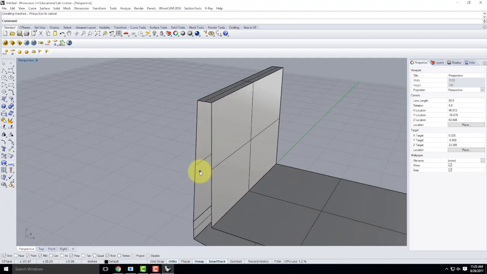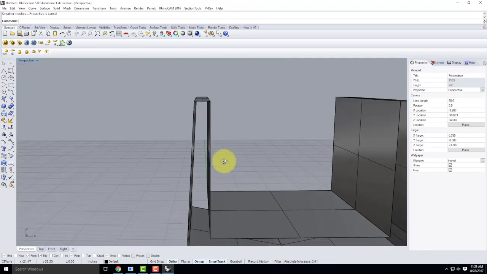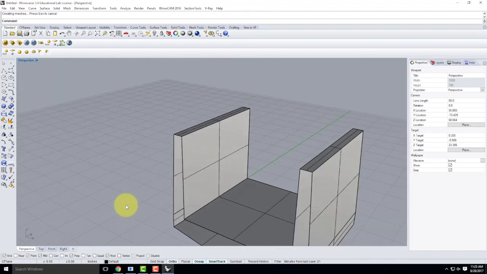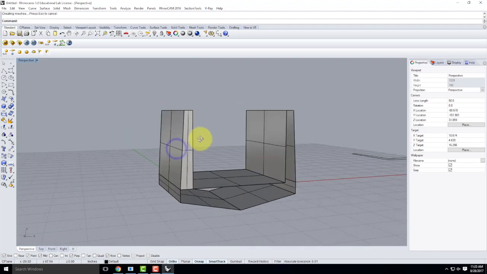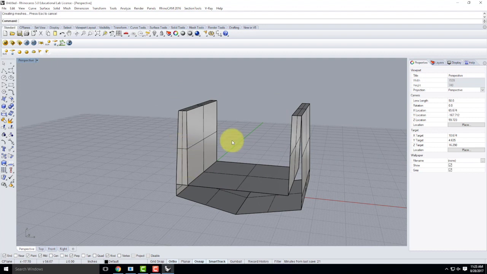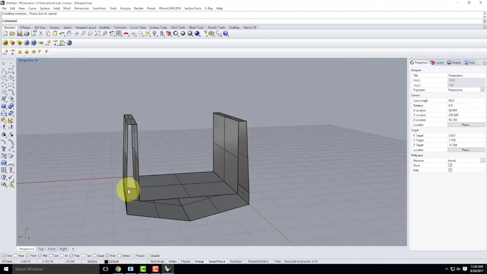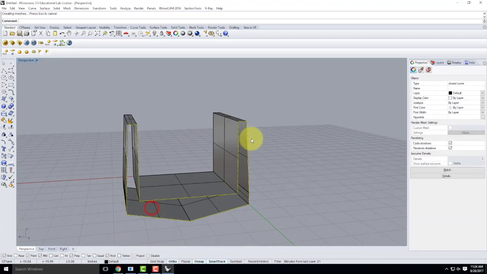OK, so now I need to fill in the sides of these, because obviously it's hollow, and I'm working toward creating a solid object. So it's pretty easy to start. I can use my surface from 3 or 4 corner points, and I could fill in, say, 1, 2, 3, and 4, and that then fills in that piece there. Notice that I'm limited to 4 corner points, though. And in this case, it actually is better to do this as separate little operations rather than doing one big piece. I could create a curve or use this curve here and do a patch,